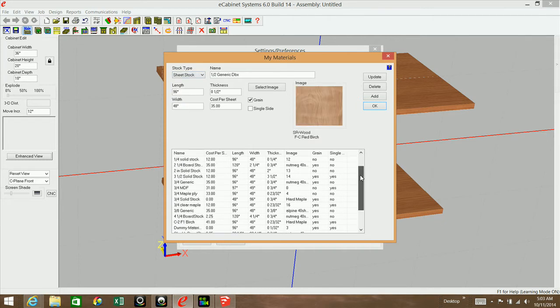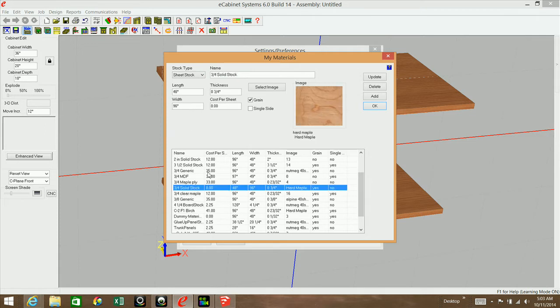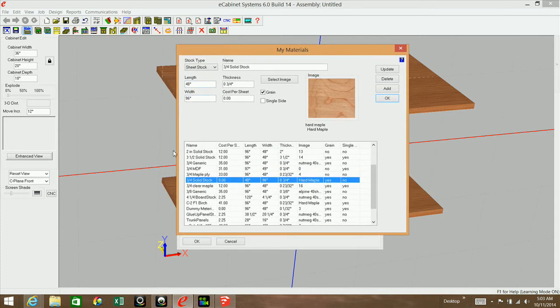And I already have a 3/4 solid stock set up right now, and it's coming with a length of 48 by 96, and this could be adjusted if you want, but there's several ways you could do this. You could create a sheet stock based on your rails and stiles. In other words, 2 1/4,